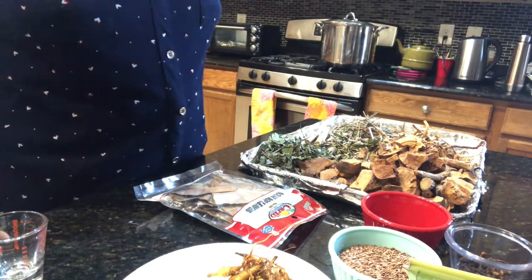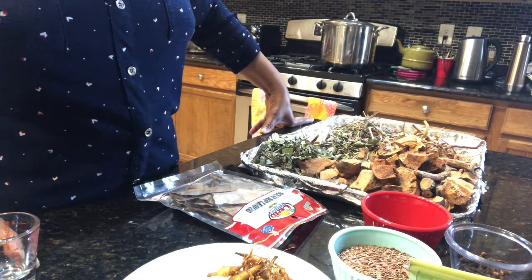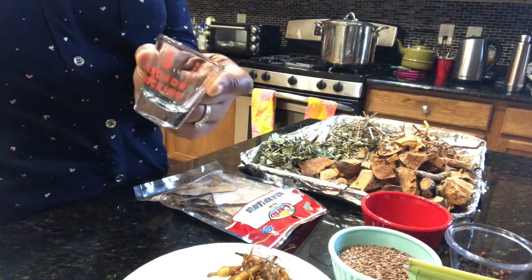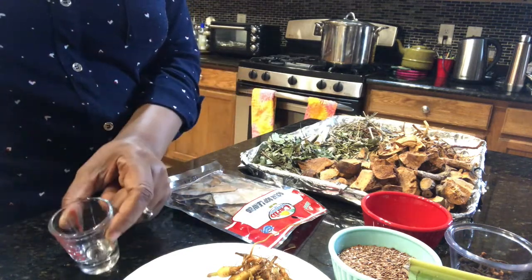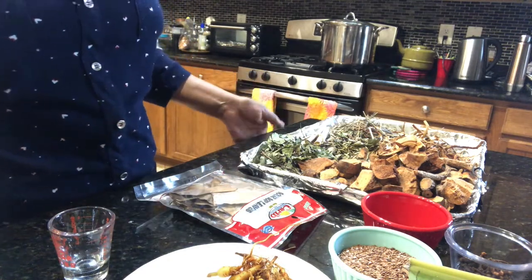So before I go, like I said, my grandmother always gave me just a tablespoon as a kid. So now what I take is this glass here. It's just 1 ounce, so you can take this once a week, or it depends on what your body is doing to you, how you're feeling. Okay,